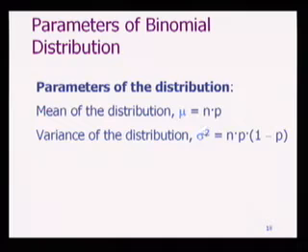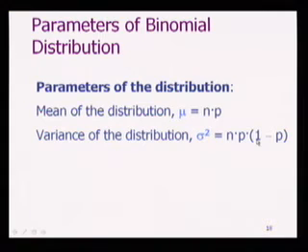Okay. For binomial distribution, the mean is actually n times p. N is number of trials. P is just probability of success in each trial. So you don't have to go through those formulas like using value times probability, add them together. It's all been done and simplified to a nice-looking formula like this. So if I have a binomial distribution and I like to find its mean, as long as you know n and p, you know its mean. You don't have to do those sum of products. Variance is n times p times 1 minus p.